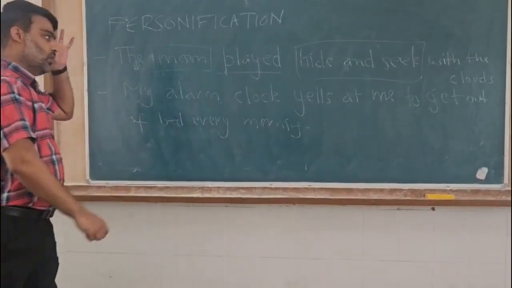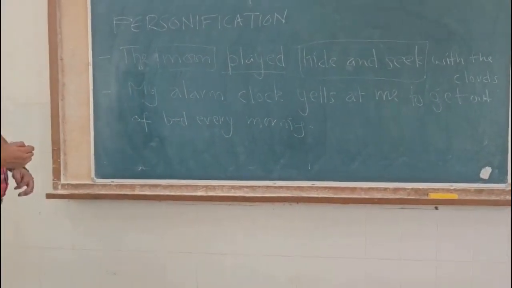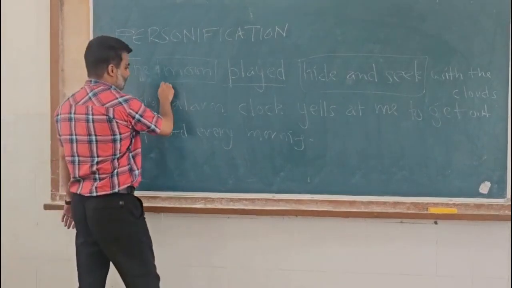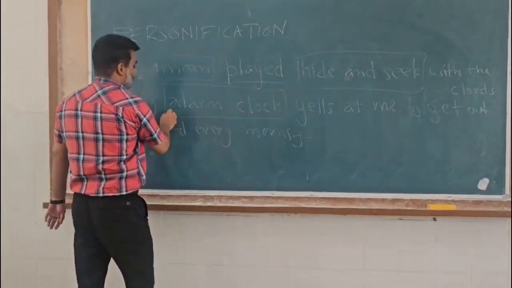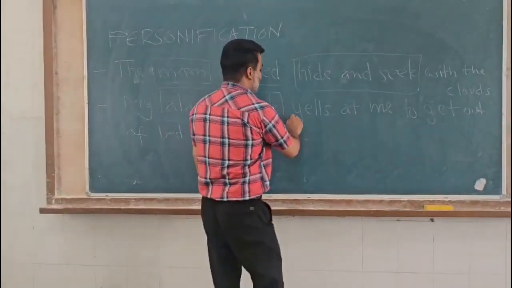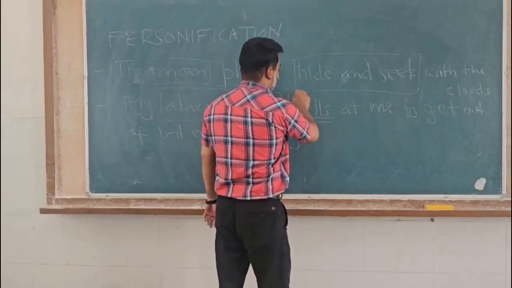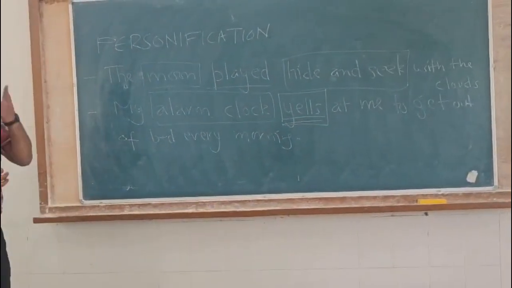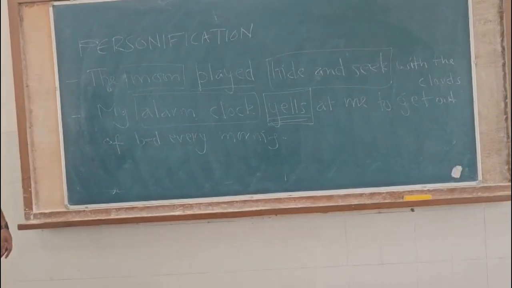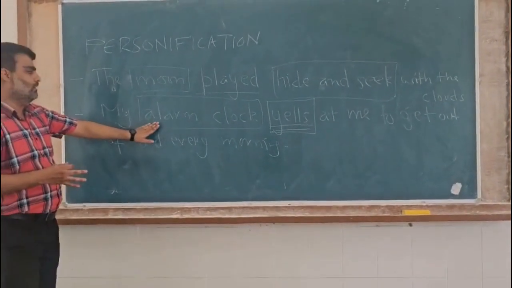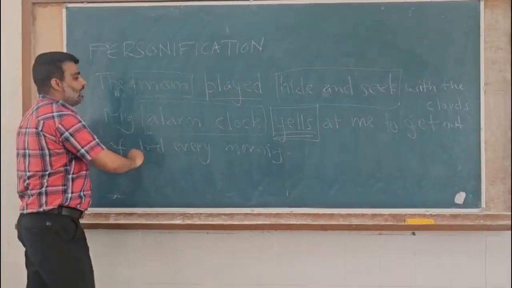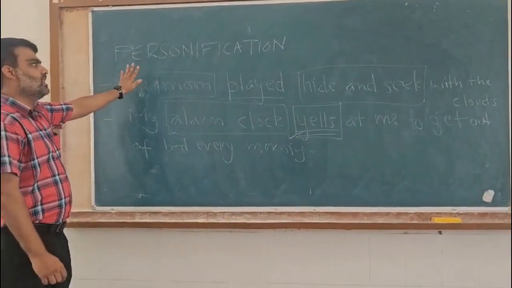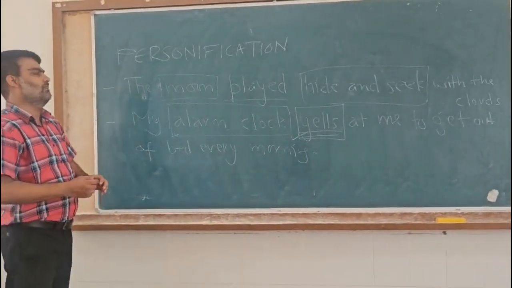My alarm clock yells at me to get out of bed every morning. So here, the alarm clock, which is a non-living object, could be seen as shouting. Only we human beings, the living objects, have this tendency that we can shout, where here a non-living object could be seen as shouting. So this is what personification is. It is giving human traits, or we can say giving human characteristics